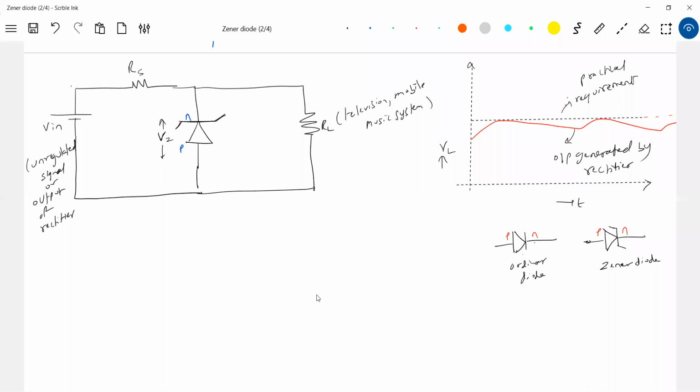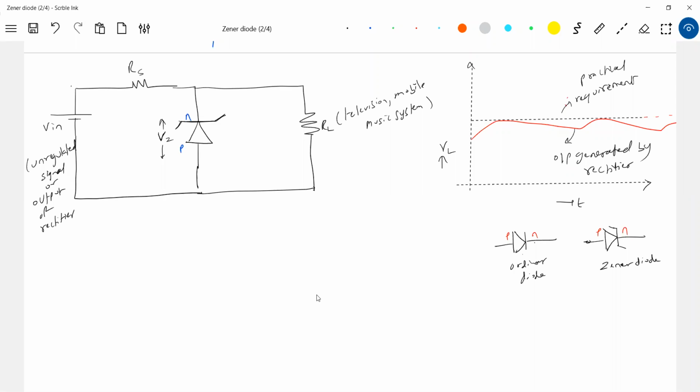Because of that fluctuation, what will happen if the output of the rectifier with filter, everything, is given directly to a television? Any problem in the television? The brightness will increase, decrease, the volume will increase, decrease. Nobody will enjoy watching such a program. Then the mobile, same thing: the display will increase, decrease, the volume will increase, decrease. A music system, on its own, the volume will increase, decrease. So none of the equipment we can use effectively. Therefore I brought the Zener diode.